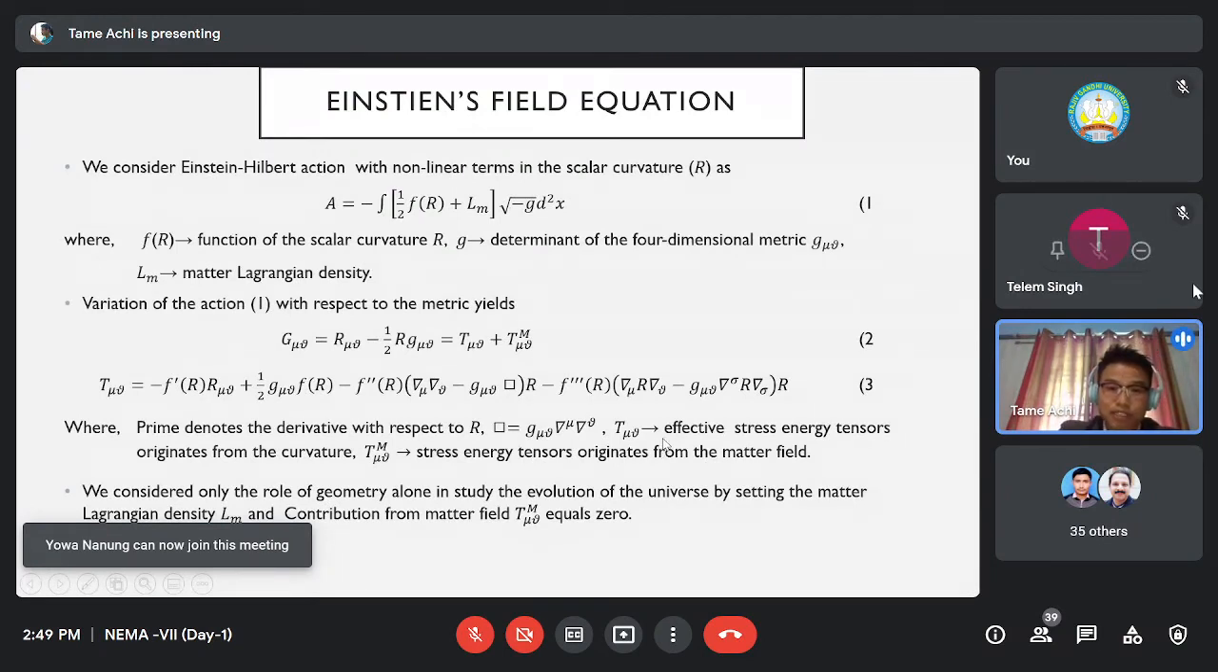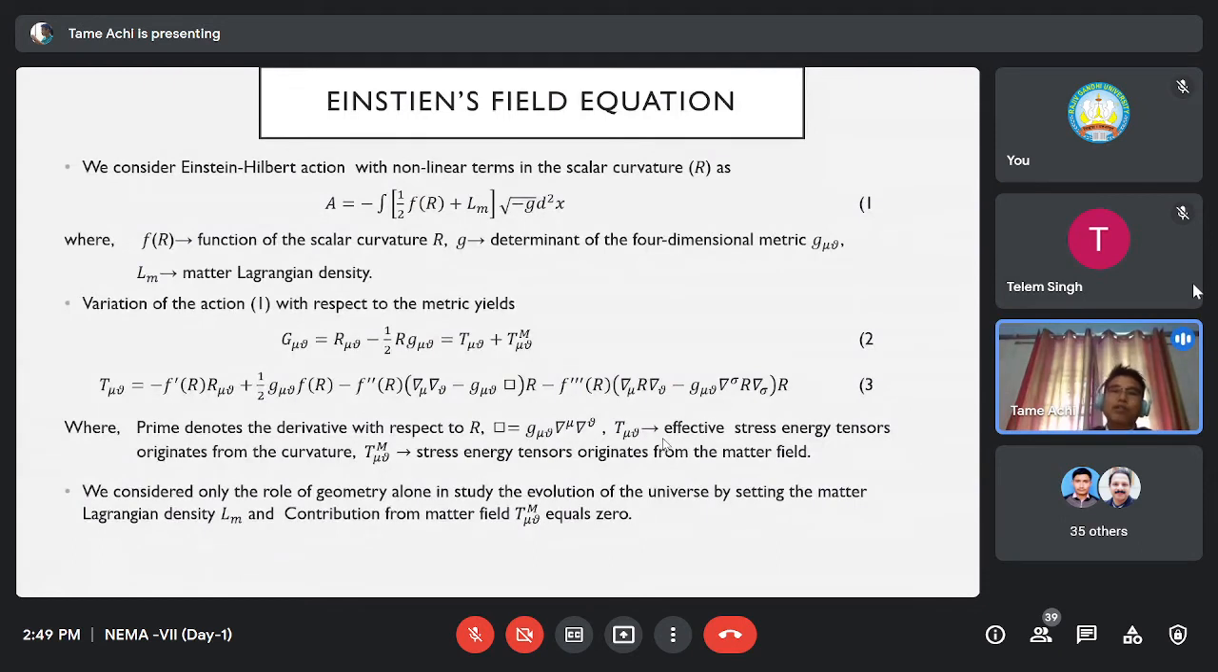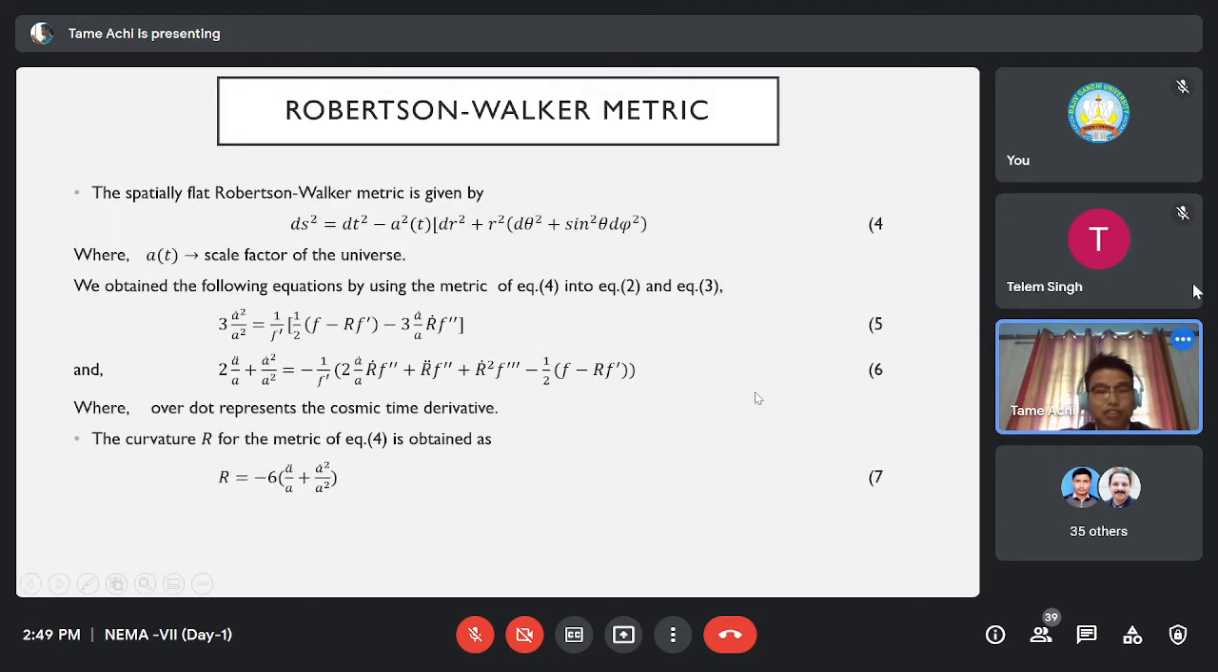For our purpose, we have nullified the matter field, so we are only considering the geometry of the universe, and we study how the geometry of the universe changes over time. For the modified Einstein field equation that we have got, we use a Robertson-Walker metric to find a solution. And